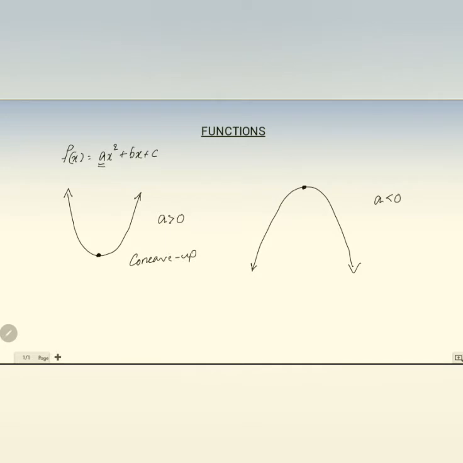And it has a maximum turning point. You can see that the maximum point is the turning point here. It is up there. So concave down shape has a maximum turning point. Concave up shape has a minimum turning point. Look at this parabola, that is a concave up one.